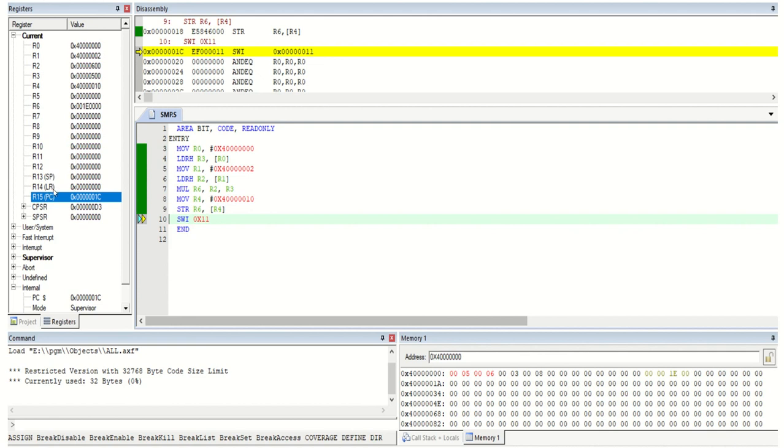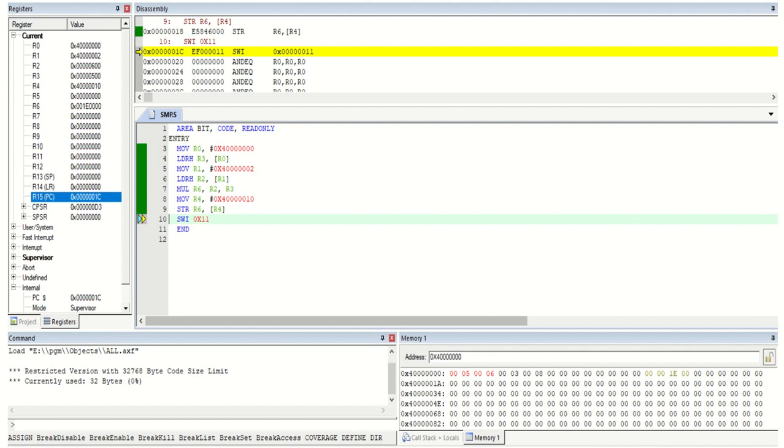R0 to R14 plus R15 also. Here all these registers work for 32-bit. Again CPSR is a special purpose register, the current program status register, and the saved program status register. This CPSR and SPSR concept we saw in module 2.